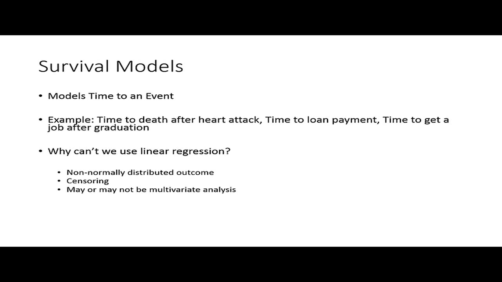The question arises, why can't we use linear regression? What is wrong with linear regression models that we cannot model time to event? We cannot use linear regression for three main reasons. First, the outcome, time to an event, is usually not normally distributed. The second thing is